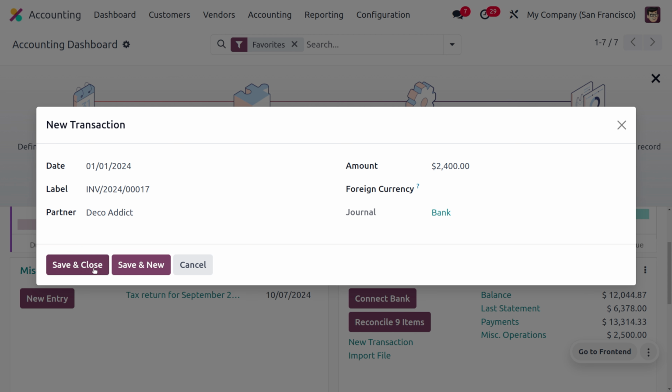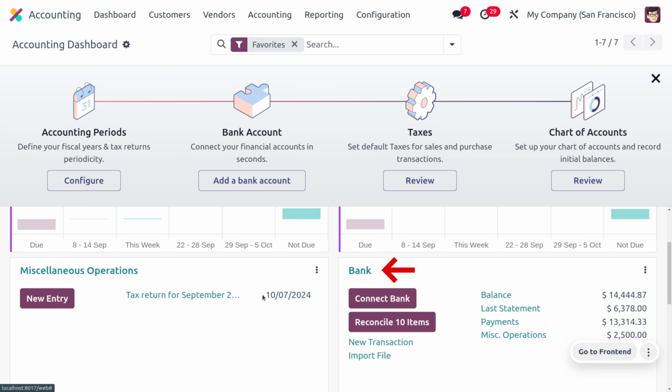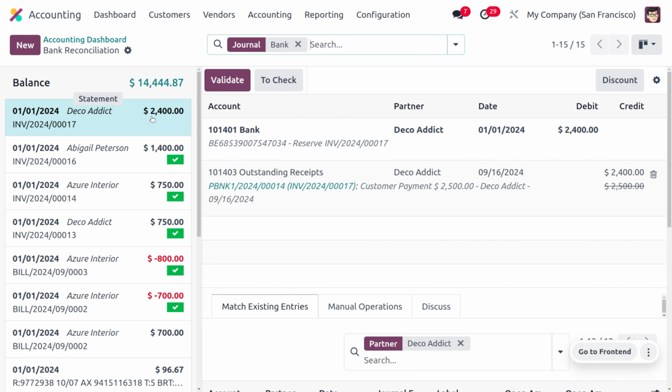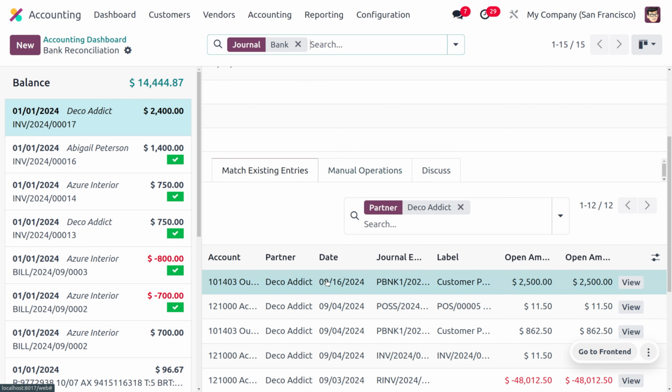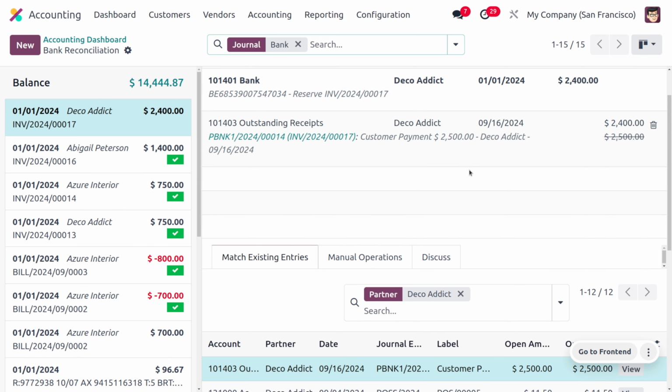Now you can just click on save and close so that you would be able to find that a new statement will be created over there. Now as you move on to the journal, you can see that the statement is visible over here as well as the payment. We just need to apply the discount. As you move on here, you can see that the total amount is 2,500 and that is striked, and the amount is shown over here.